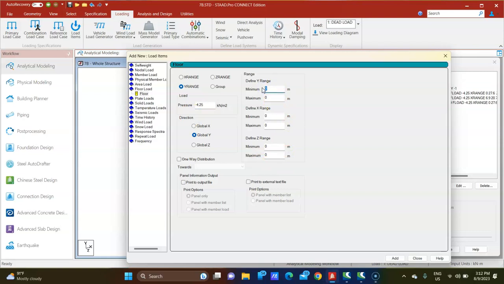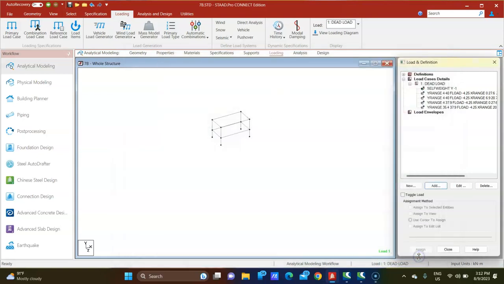No, 35.4, maximum 37.9, and X range minimum 20.7, maximum 27.6, Z range minimum 5.8, this one 9.5. Add it, close,